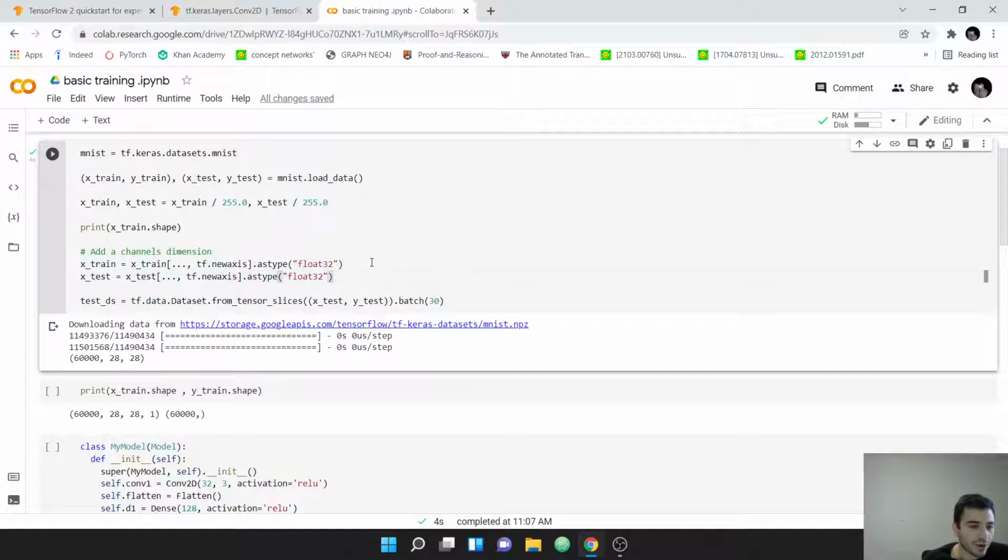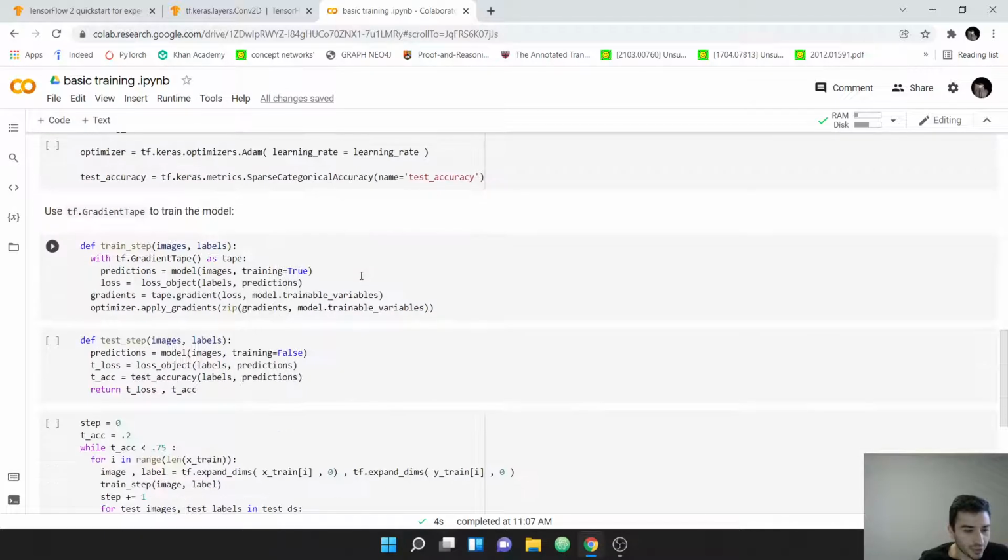So yeah, now we have our rescale data, and we now have our rescale data having a channels dimension as well. You could have used a different way to add a channels dimension. Just make sure that the channels dimension goes last. You could use a separate function, which would have been